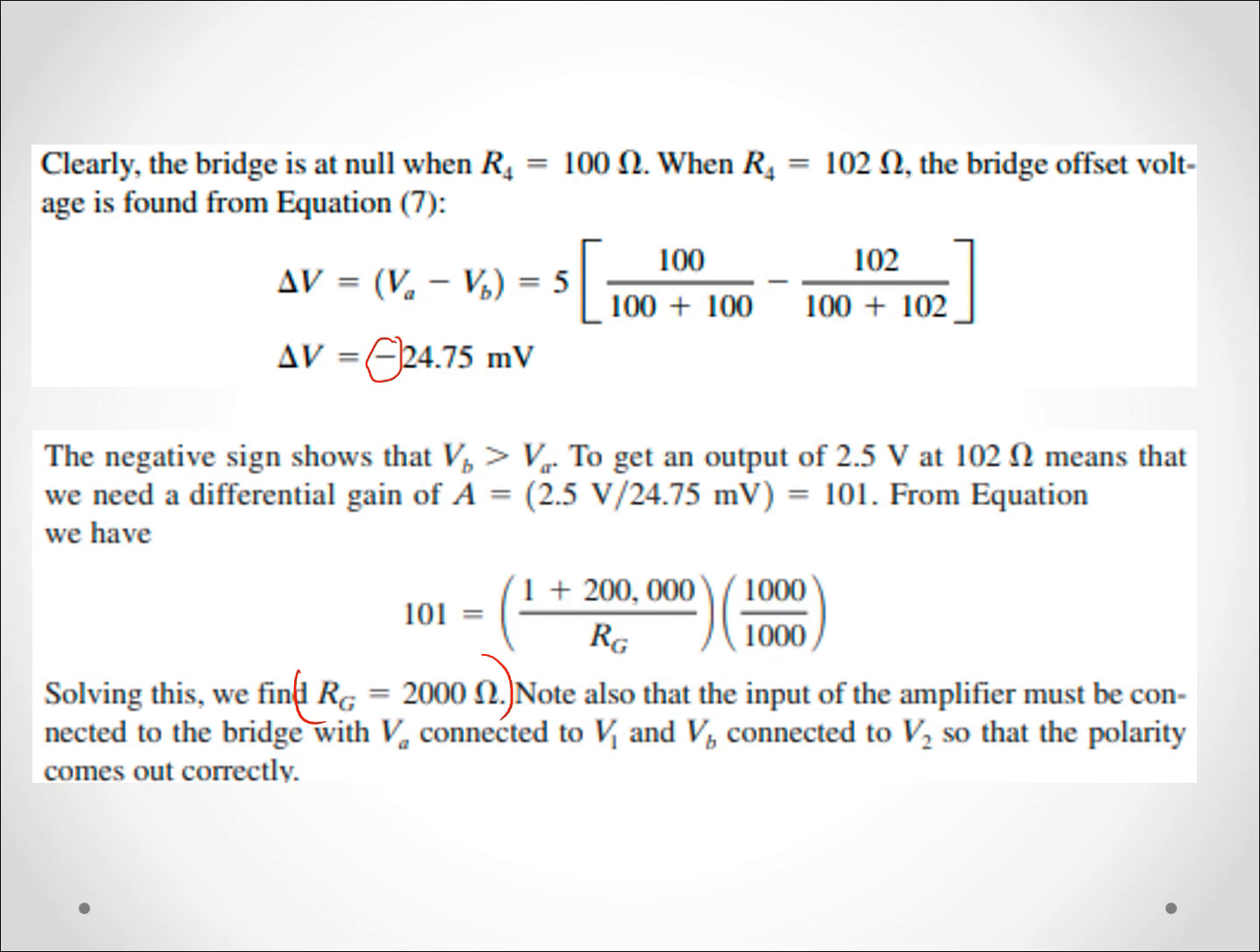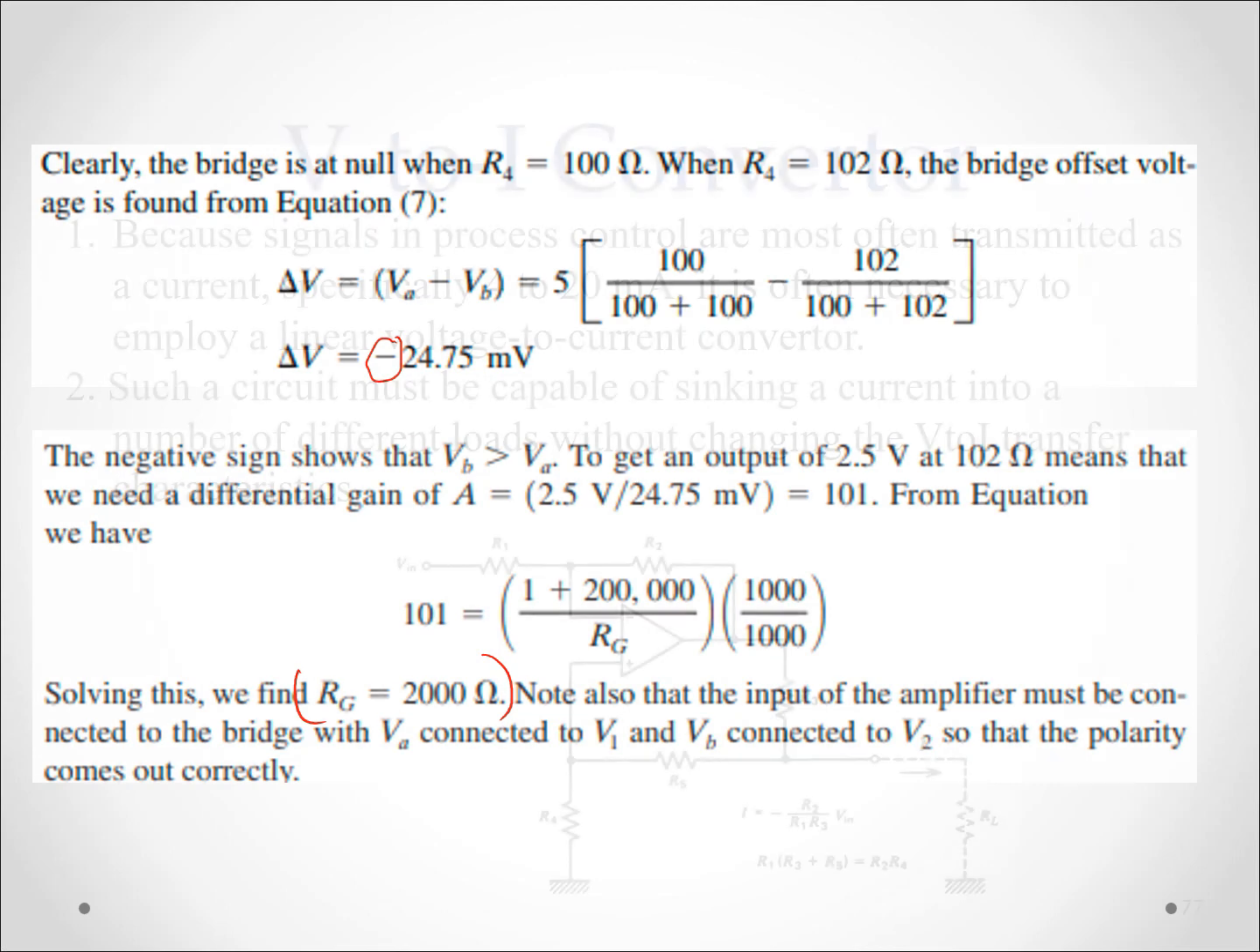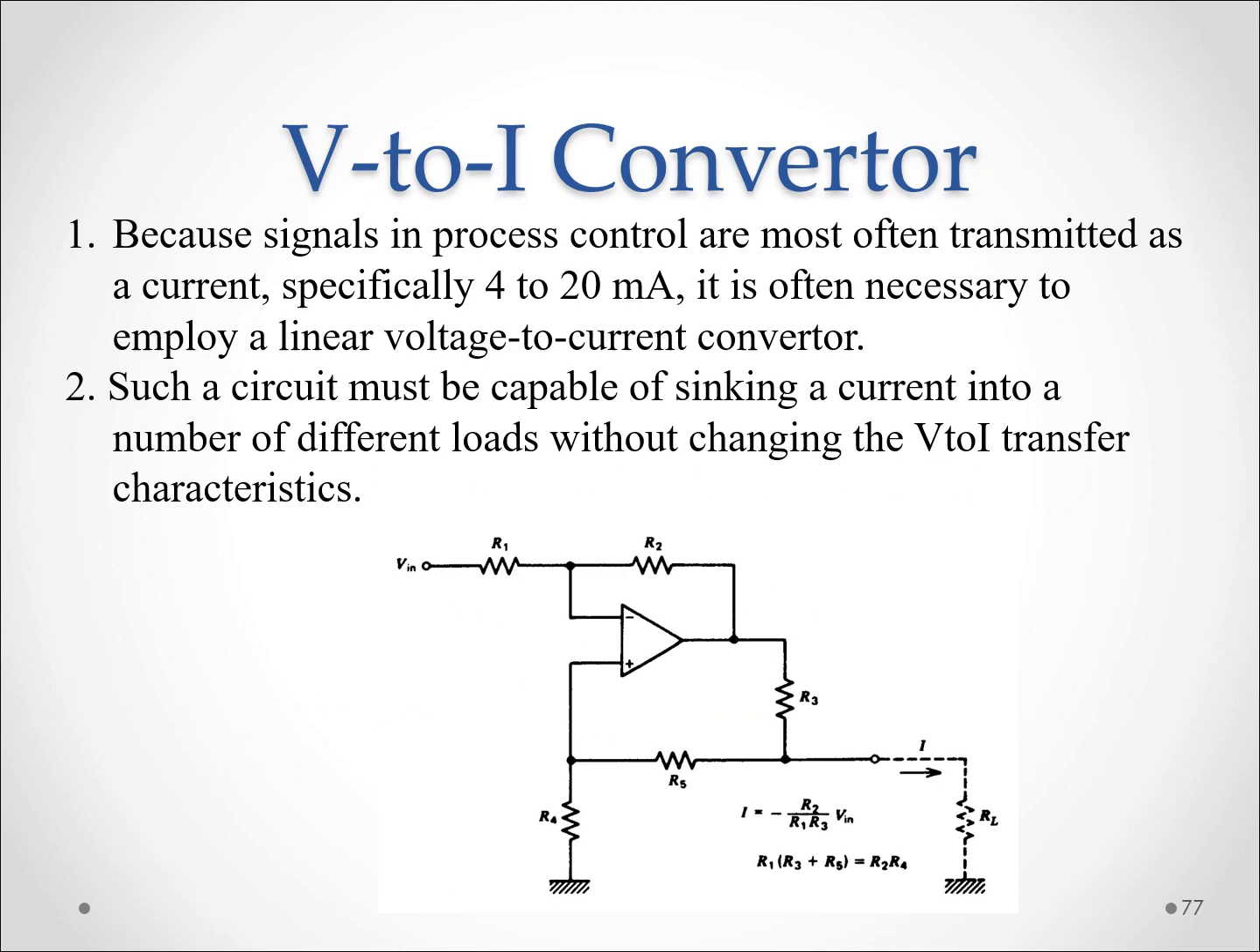Next, the op-amp as a voltage to current converter, or V2I converter. Signals in process control are most often transmitted as a current or pressure. For a current, it usually uses 4 to 20 milliamperes. So it is often necessary to employ a linear voltage to current converter in these systems. Such a circuit must be capable of sinking a current into a number of different loads without changing the V2I transfer characteristic. So this is a setup for a V2I converter,